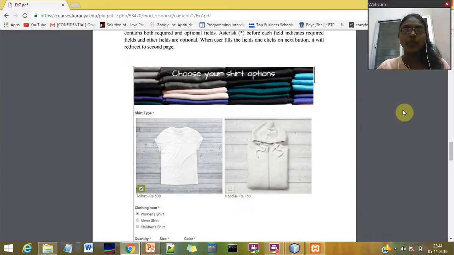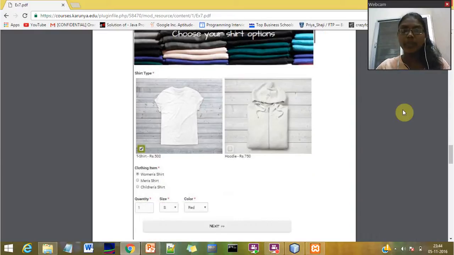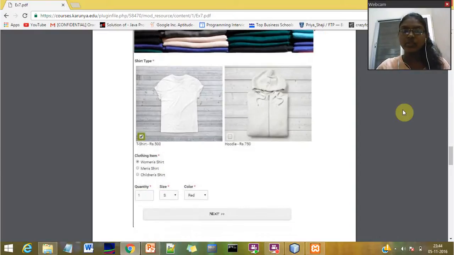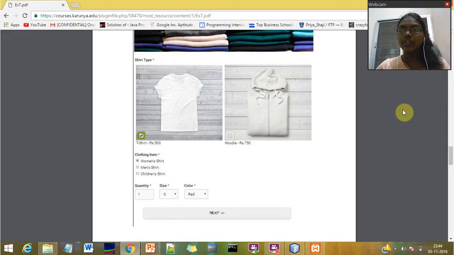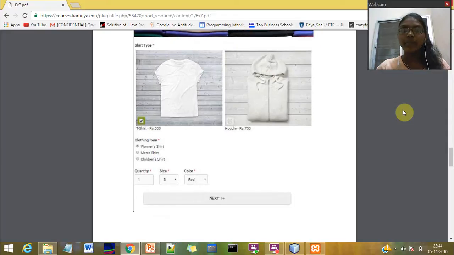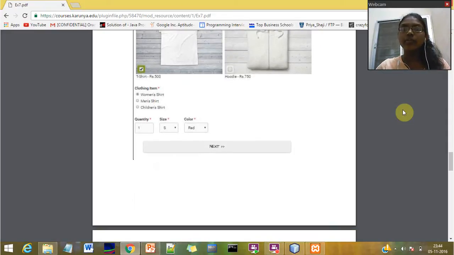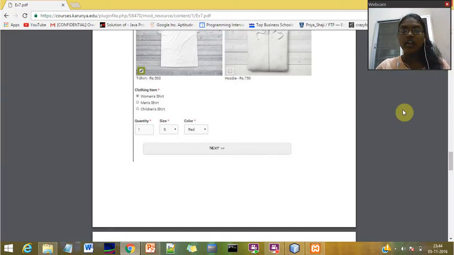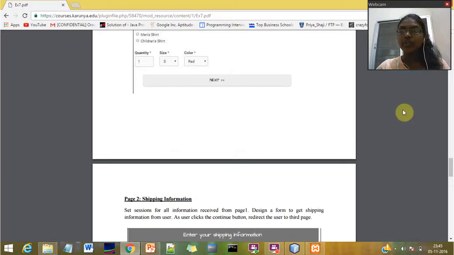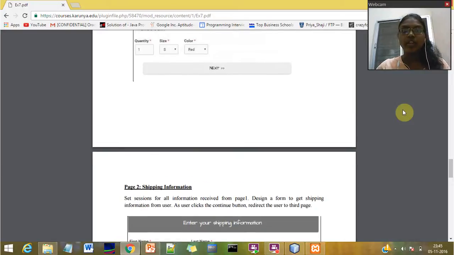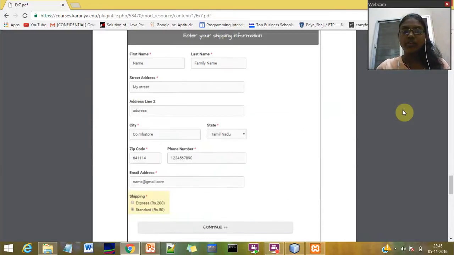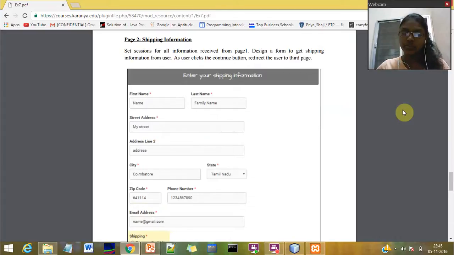So what we have to design today is this web page wherein we'll ask the user to select any item that he wants to pick, and then use radio buttons and check boxes to know what value he wants to show, and then a drop down menu. We have to create a mini Flipkart, you could say. We select the items we want